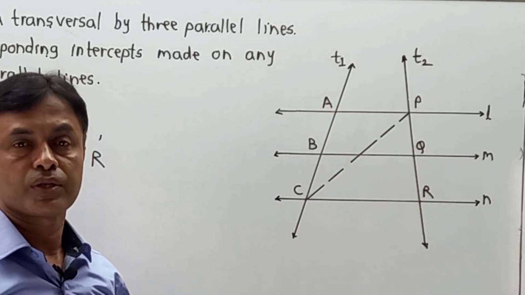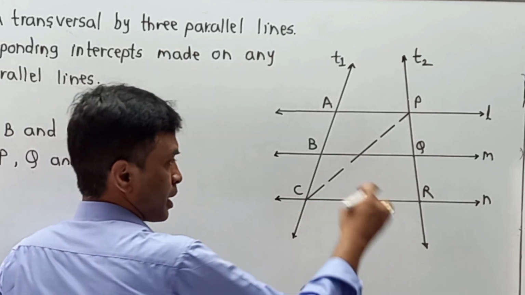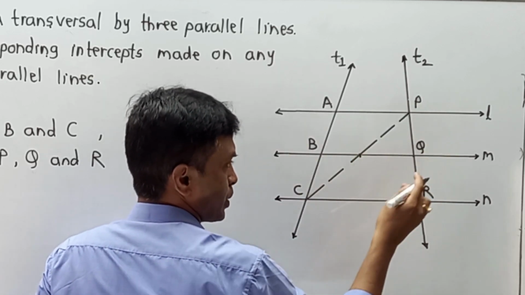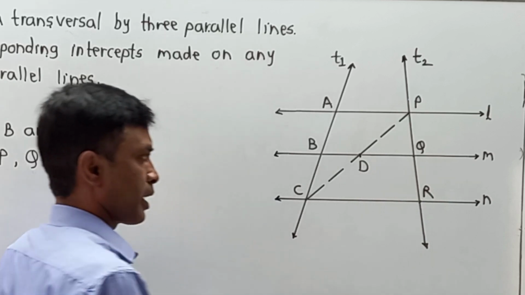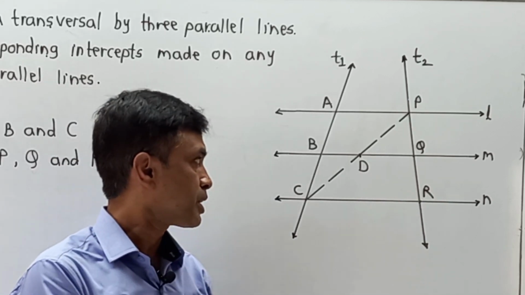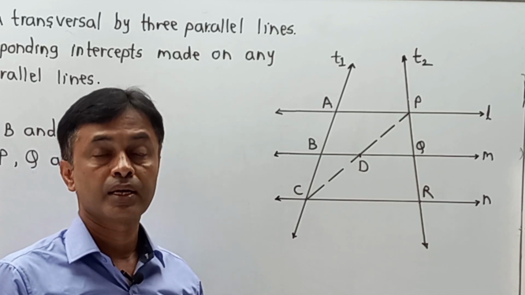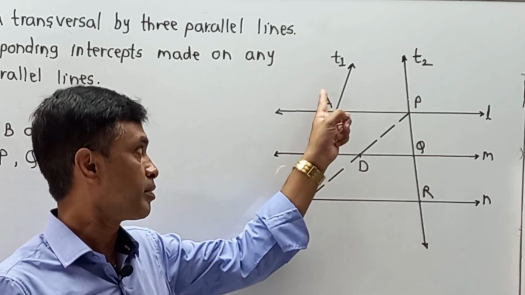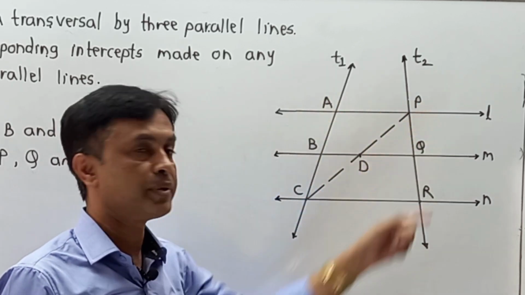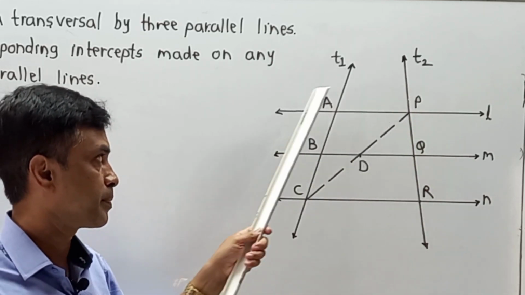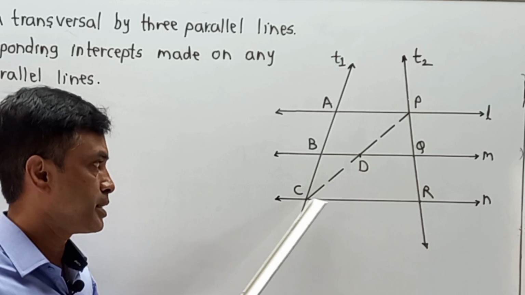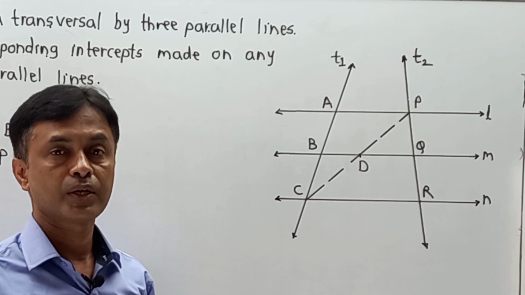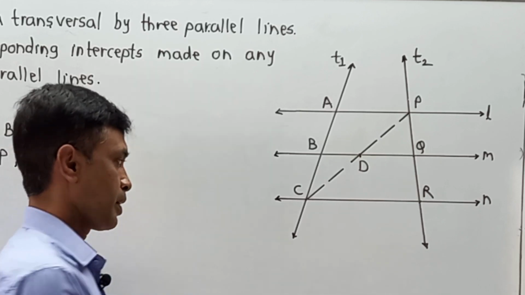This is the extra part that I have drawn, so I have drawn it by a dotted line. Now, when you join P with C, there is a point of intersection on BQ, and I am going to call it point D. ये construction हमने क्यों बनाया है, ताकि यहाँ पे दो triangles generate हों जिनका ratio हम compare कर पाएँ. Which are these two triangles? One is triangle ACP, and second is triangle PCR. Now you know one property from your part of basic proportionality theorem. What exactly is it?